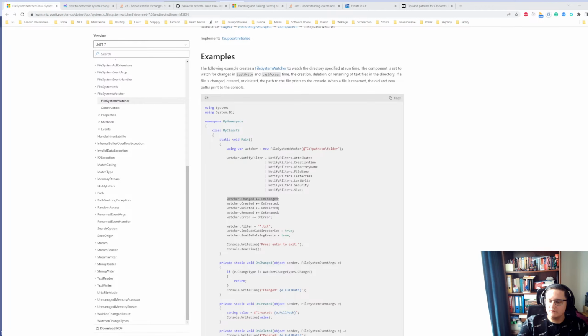So I imagine that we want to monitor the source, and then on the constructor we'll do if monitor source, we would call